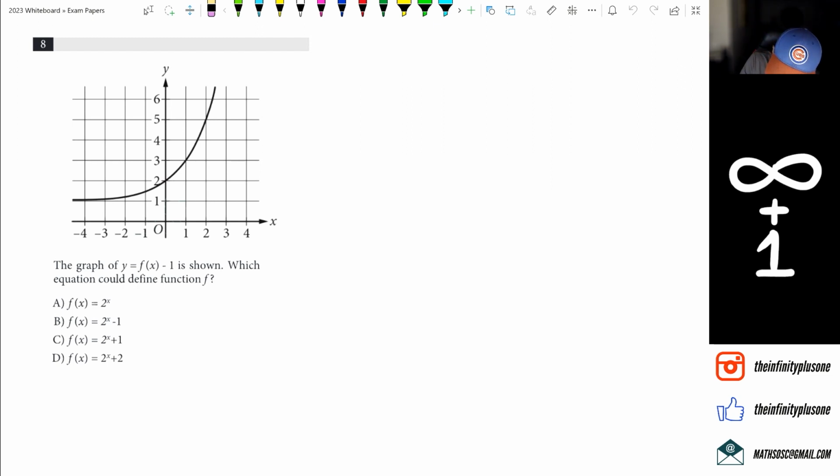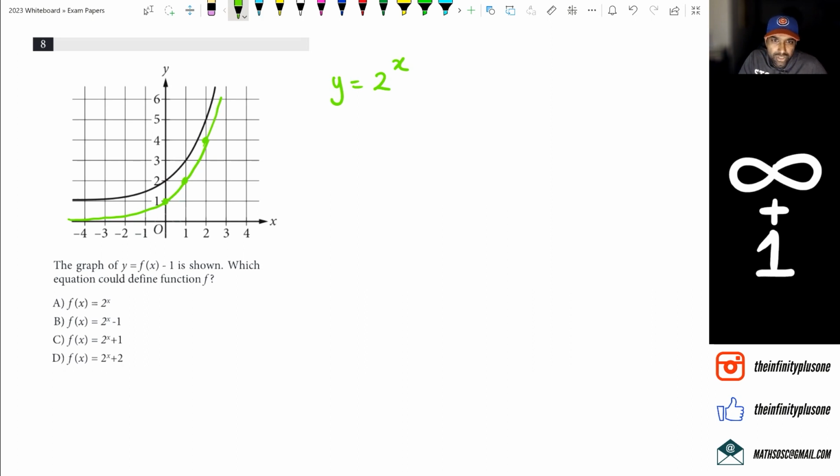Now, if I draw the graph, let's just put y equals 2 to the power of x. So if I do that, I know that 2 to the power of 0 is 1, 2 to the power of 1 is 2, 2 to the power of 2 is 4. And so what I'm hoping that you guys can see is that this graph that's been given here, the one in the black line,